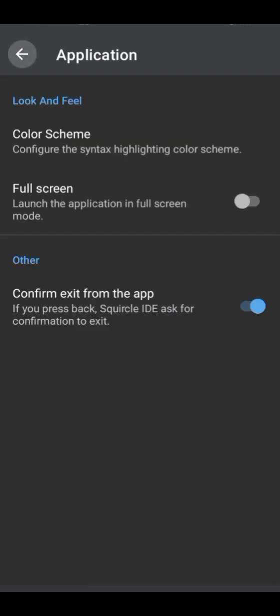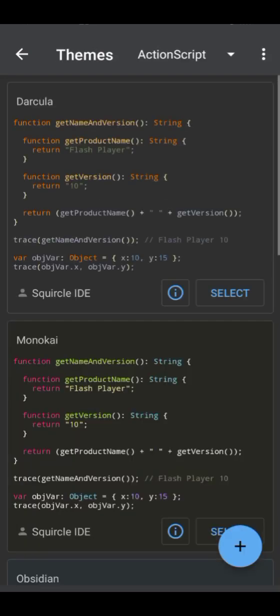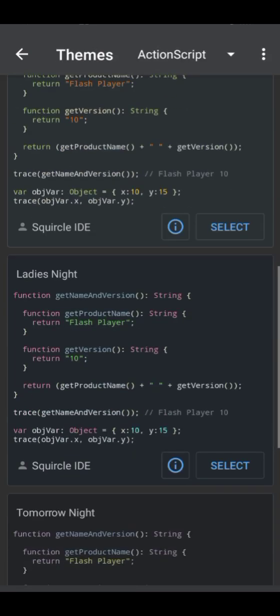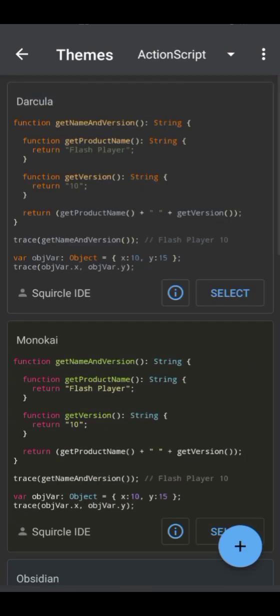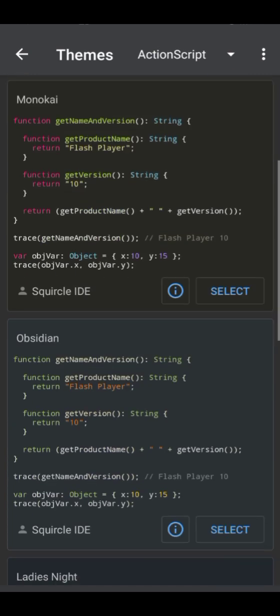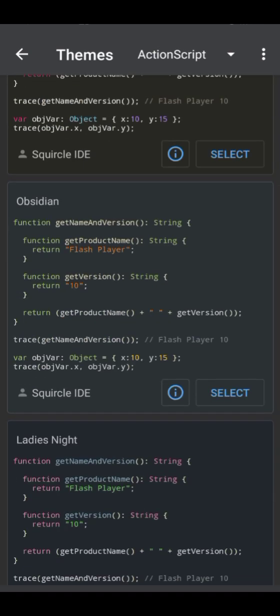From these themes, if you want to change the color of your scheme, just click on it and then select any one of your choice. As you can see, I'm using the first one, but I can decide to change it to this. I'll just click on select. If I go back to my code, you will see that it's looking like this. Alright, so we can also